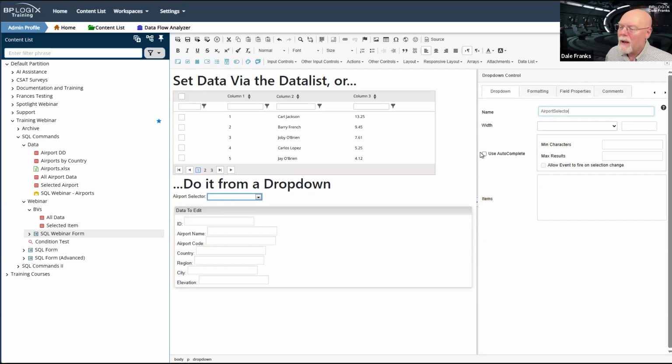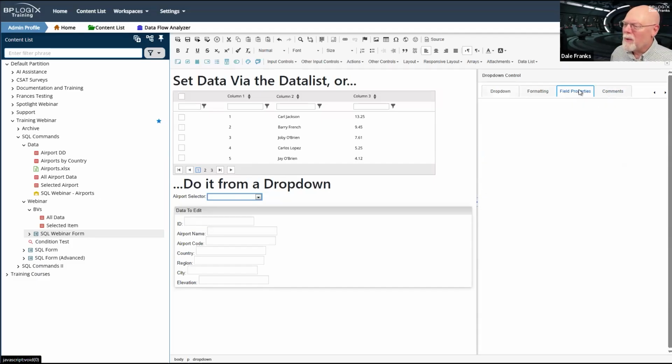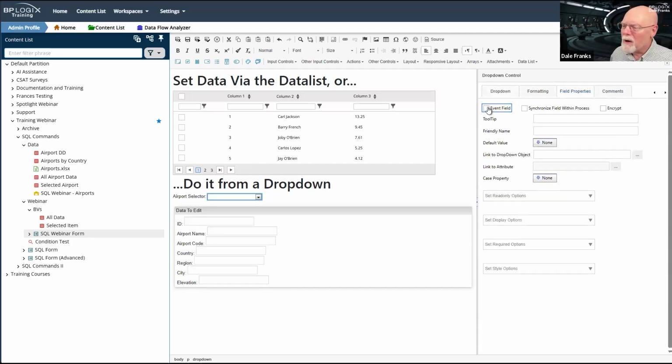And we'll use autocomplete. That's fine, I think. Allow events to fire on selection change. I hope this works here. We're going to set this as an event field, and that should be good for us now. We're going to save and close our form.